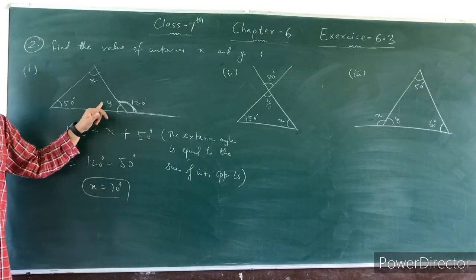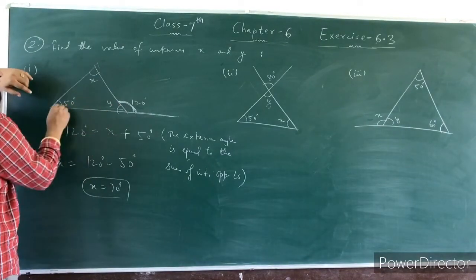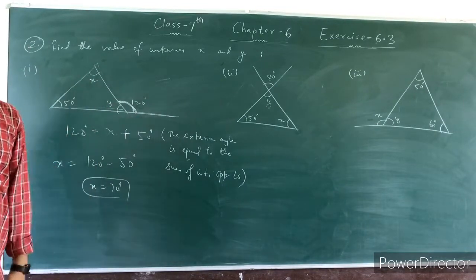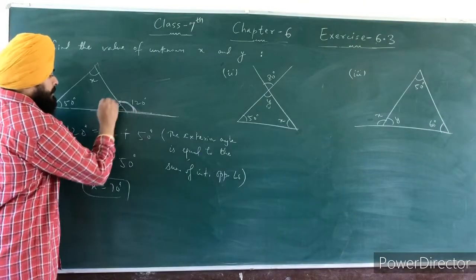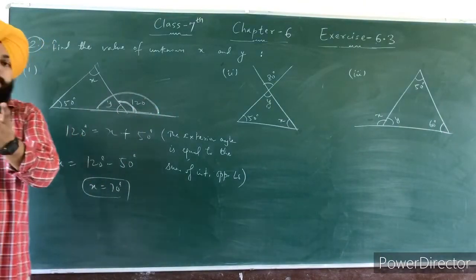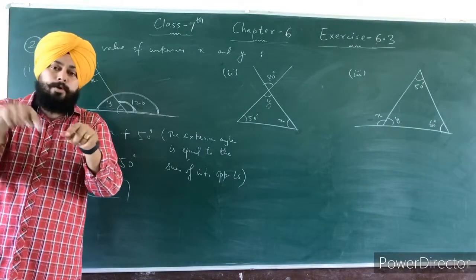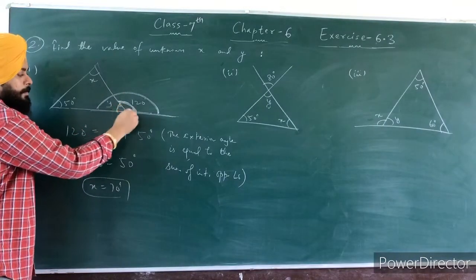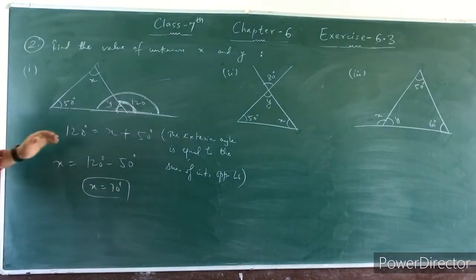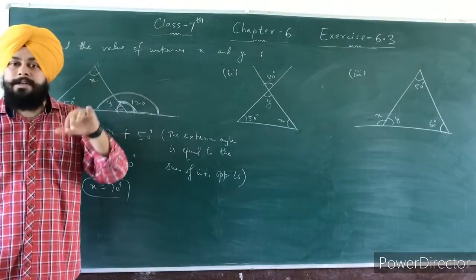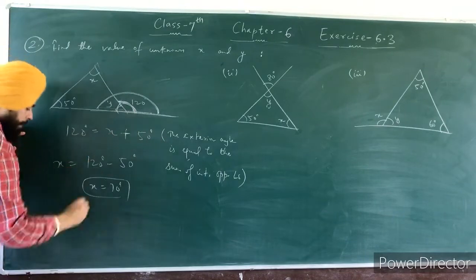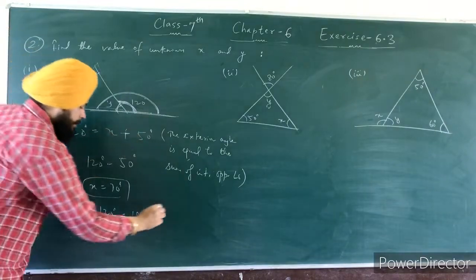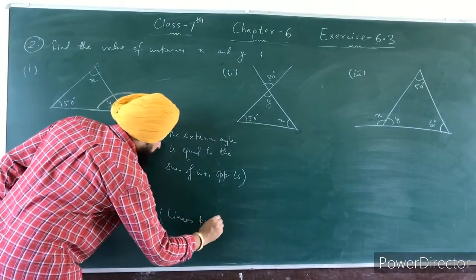Now we can find the measure of angle y. You can see this is a triangle, so we can use the property that the sum of all these three angles is 180 degrees. The second property is that this is a linear pair. So you can use either of the two properties, the angle sum property of the triangle, or the property of linear pair, because there are two angles and the sum of these two angles is 180 degrees. Because in a linear pair the sum of angles is always 180. It is supplementary. Okay. So we will use y plus 120 is equal to 180. Alright. So it is a linear pair.